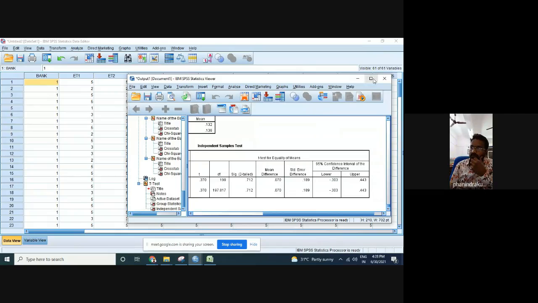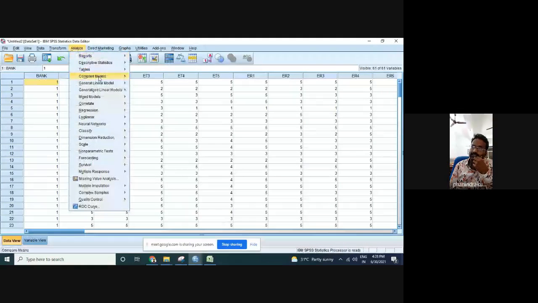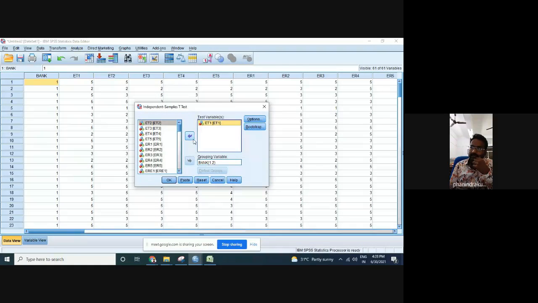Then here you can also go for the individual test. You are not comparing anything, you are just going to individually calculate the t-test value. I'll show you once again. Just compare means, then click on independent sample test, and here I'm removing this variable and taking the other variable ER1. If you want to take other variables, ER2, ER3 also, you can do this and click on OK, and it will never ask you again to group the variables. If you reset the button, then only it will ask you. Once you set the variables, no problem, you can do this.